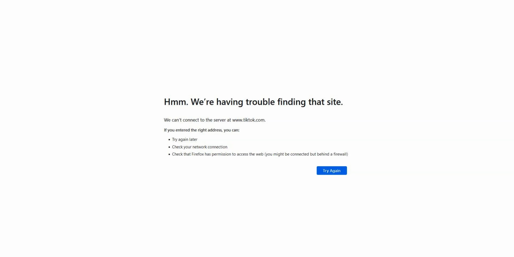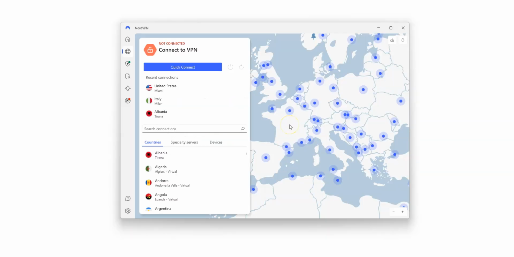Imagine I would like to access TikTok. As you can see, I don't have access to the website. Same problem with the app. If I want to access it, what I need to do is use NordVPN to make it look like I'm somewhere else. You can connect to a server using the map or from this list on the left. There are a lot of countries: the UK, Germany, France, Italy, Spain, Turkey, the US, Canada, Australia, Japan, to name just a few. These are all countries from which you can make it look like you're in.